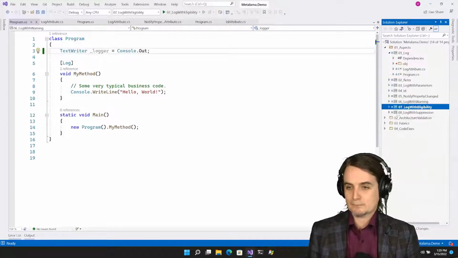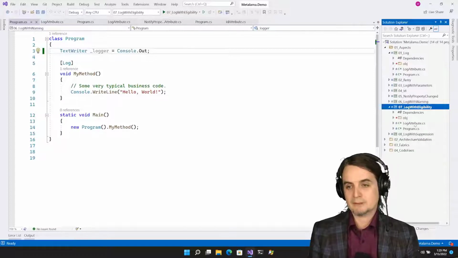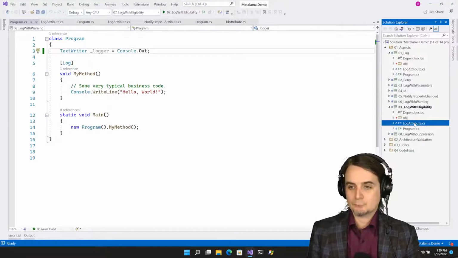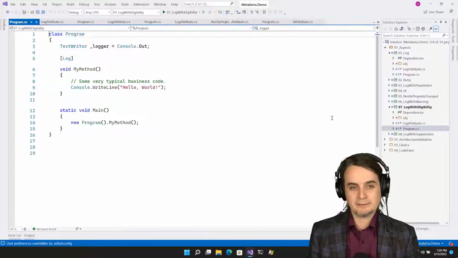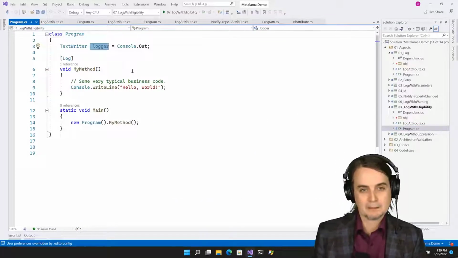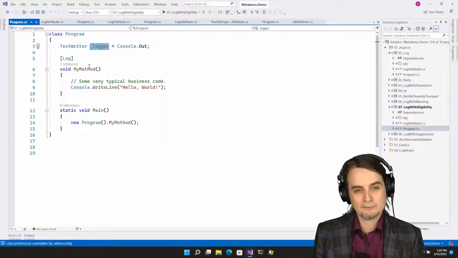Another thing you can do to validate the code is to define the eligibility, because here you see if I'm using this .logger, well, it will only be possible from static methods.